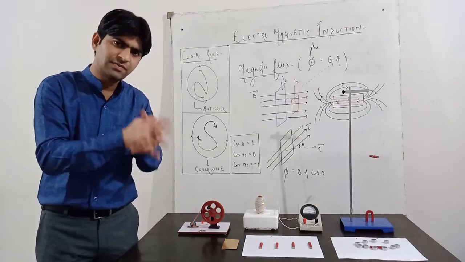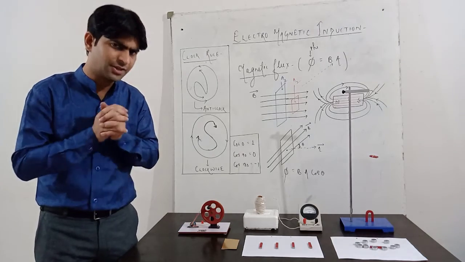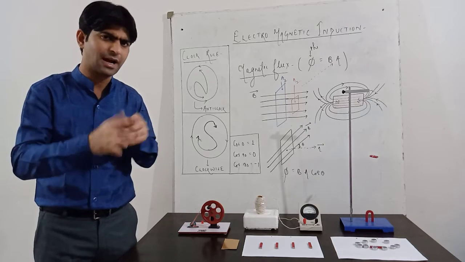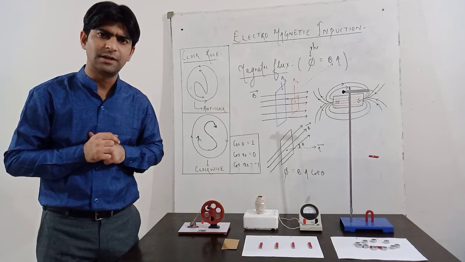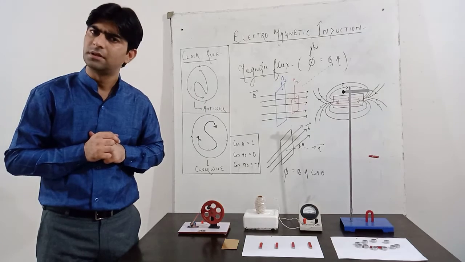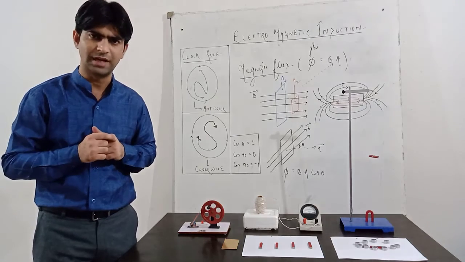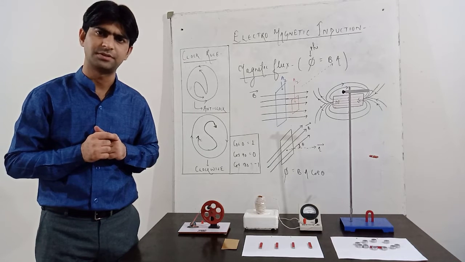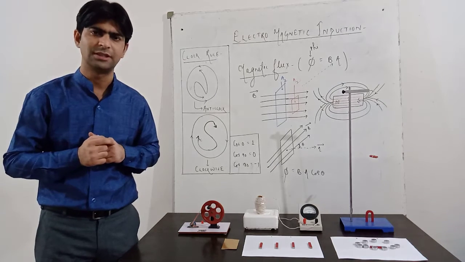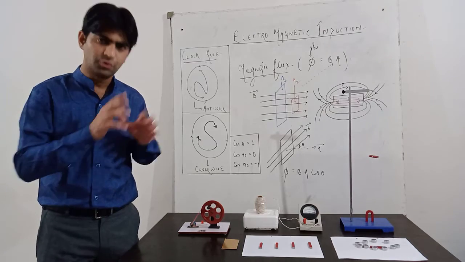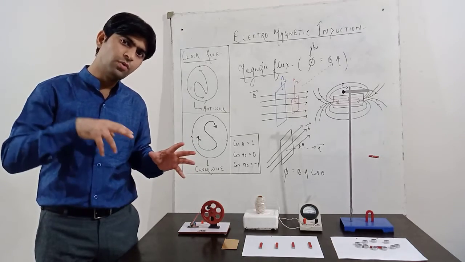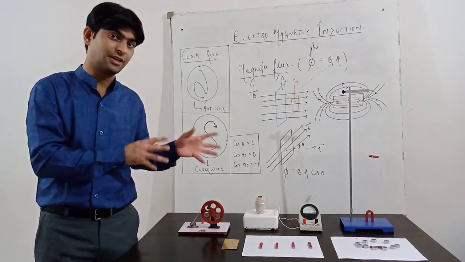In my previous classes we discussed that the flow of electric current, the flow of charge, produces a magnetic field around it, and to verify this we had an experiment, the Oersted experiment. We also saw the solenoid in my previous lectures, which produces a magnetic field around it, equivalent to a bar magnet. Today we are going to discuss how a magnetic field produces electric current, just vice versa.